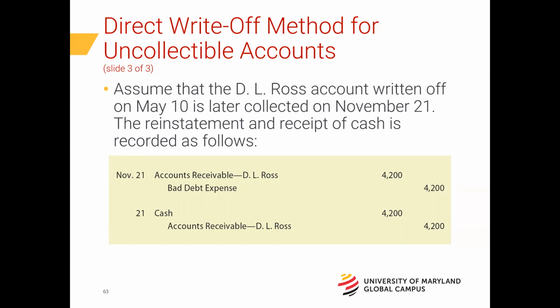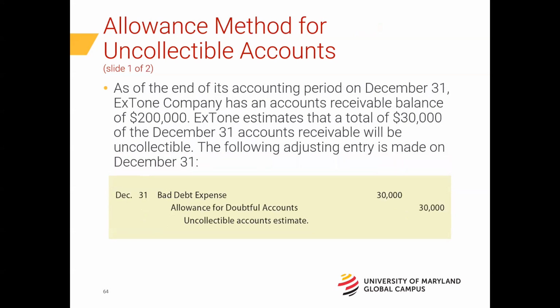Debit accounts receivable for Ross and credit bad debt expense to reduce the expense. And then the second transaction is you debit cash because you got cash from your customer and you credit the accounts receivable, reduce the receivable. So that happens from time to time. You might have to reverse the transaction. It's very simple. You just reverse the accounts, make the adjusting journal entry. Okay, that's the easy method.